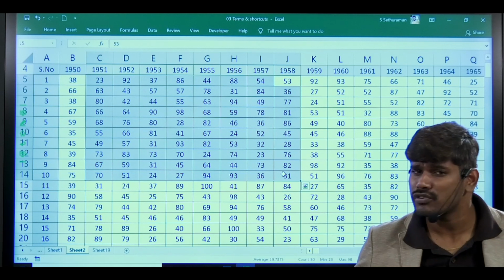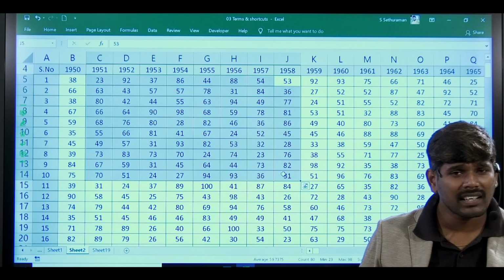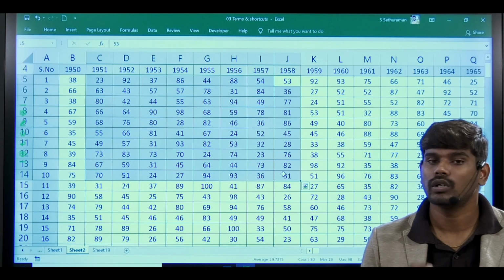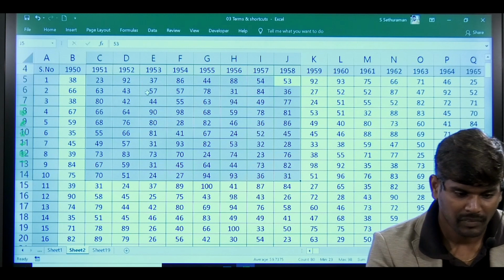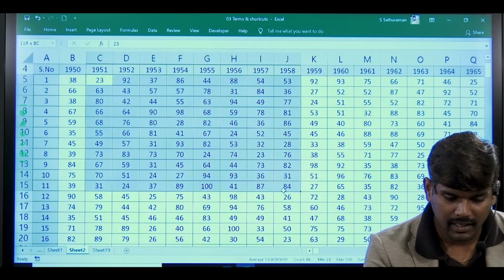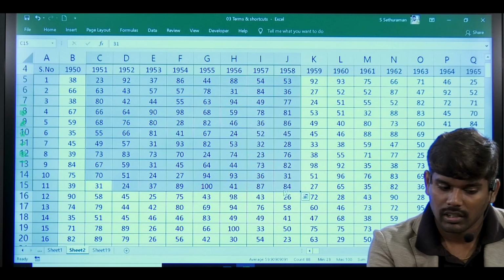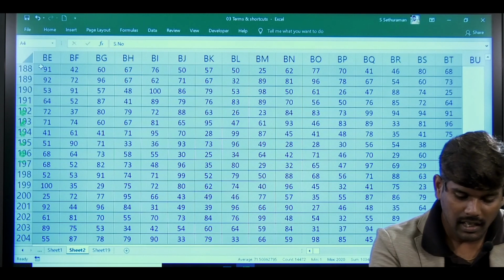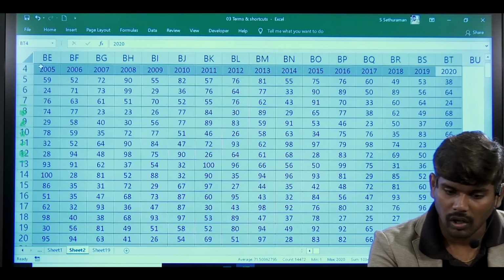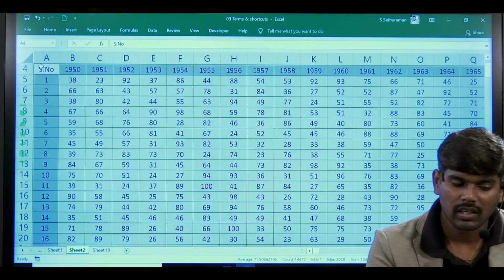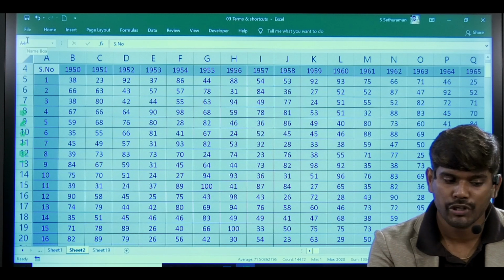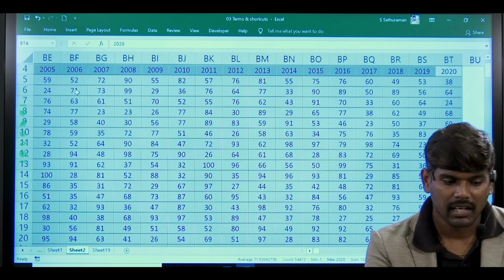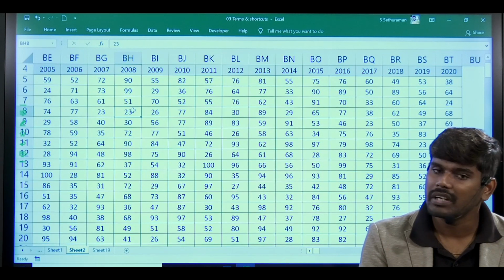If you have selected huge data, we will struggle. How many lines have I selected? How many columns have I selected? To solve that, Control dot is the useful shortcut here. I can just go with this. I can select by Control dot, dot, dot. Else if I am selecting huge data, Control Shift Right Down, then Control dot, dot, dot. Automatically you can notice the name box will show what the active cell is there. Yes, right? So try to understand. If you have any huge data, no need to worry about anything.